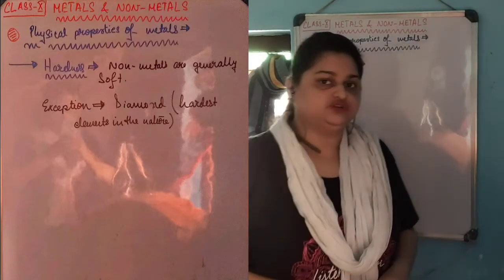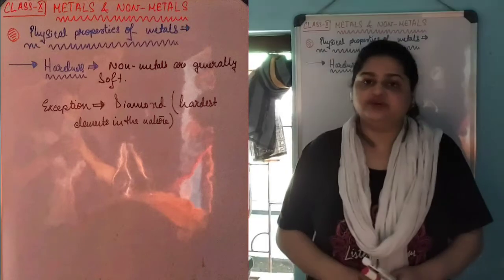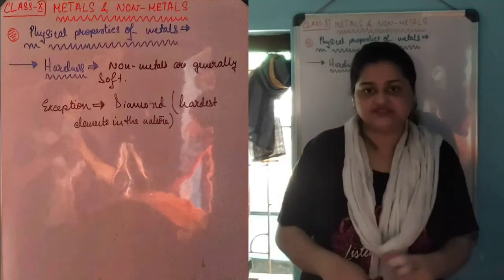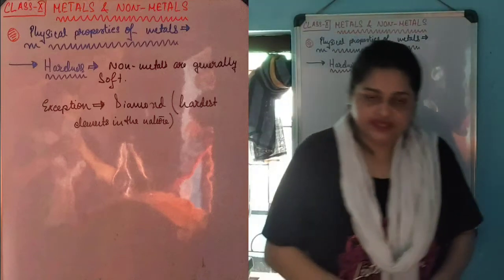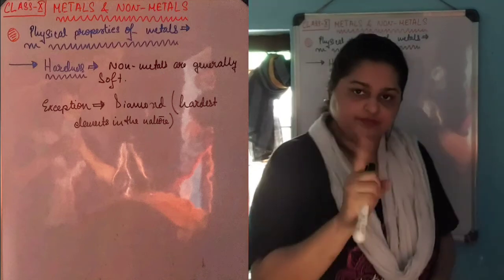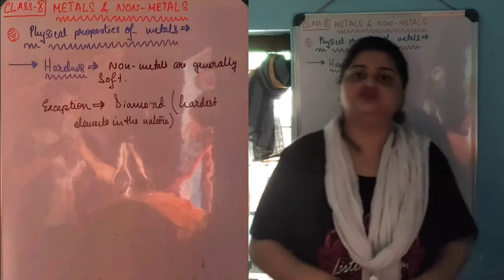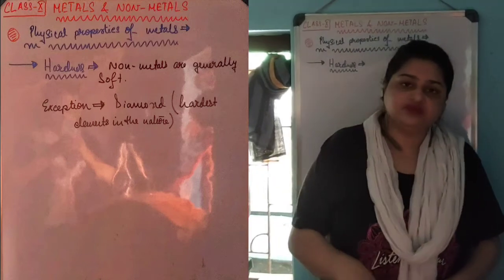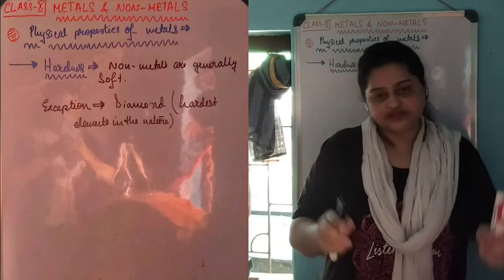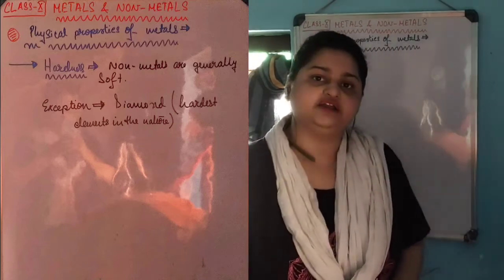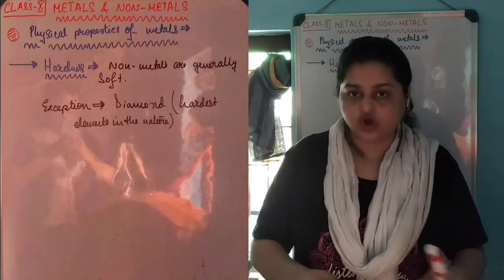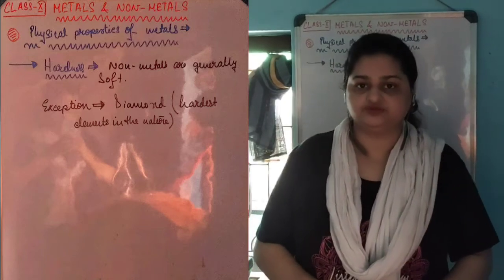Now let us study the physical properties of non-metals. The first one that we are going to study is the hardness of non-metals. We all know that all metals are quite hard in nature. They are predominantly found in solid form. Unlike metals, non-metals on the other hand are soft in nature, most of them. The exception is diamond, an allotrope of carbon. Carbon in its diamond form is extremely strong. In fact, diamond is found to be the strongest non-metal found in nature.